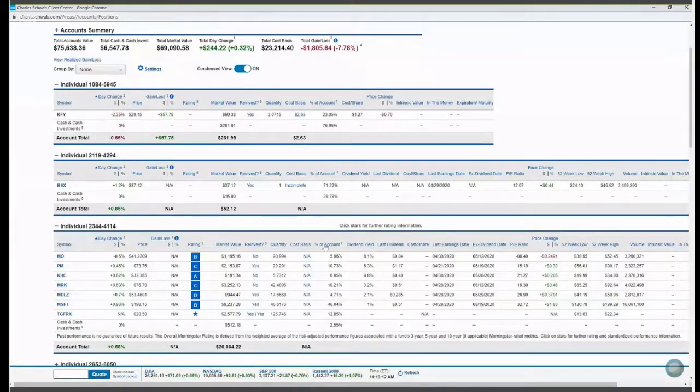There's the percentage of account. There it is. Too bad my eyeballs don't work. There you go. It's right next to dividend yield. Oh boy. So this will help to illustrate if you happen to have a concentrated position in one particular account,